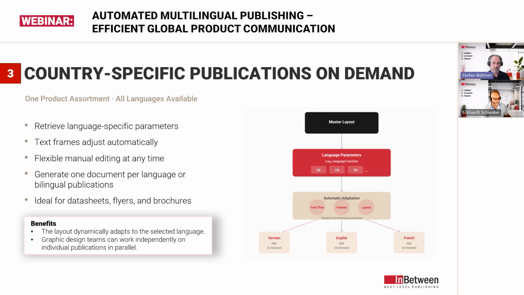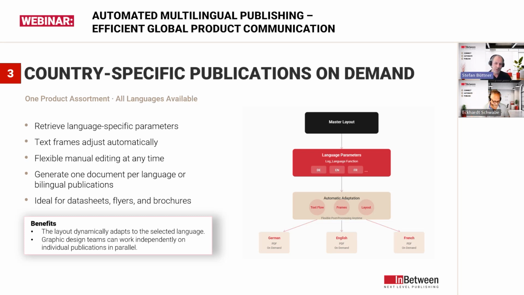So let's go for the next approach. What else can we do? We can go for country-specific publications on demand, if you have one product assortment and all languages available. So in that case, also text frames adjust automatically, and we can do flexible manual editing at any time,